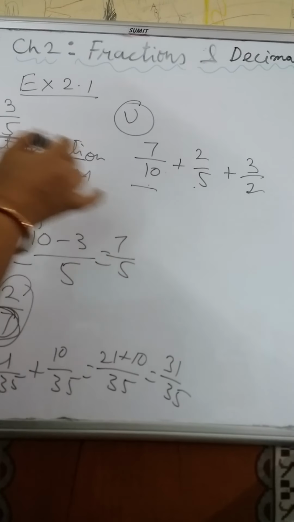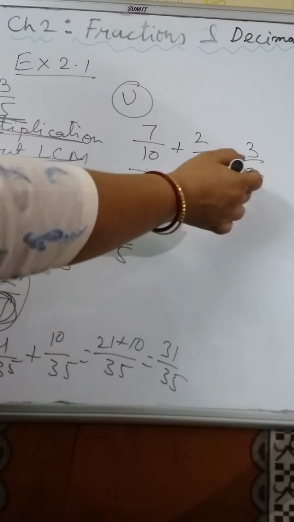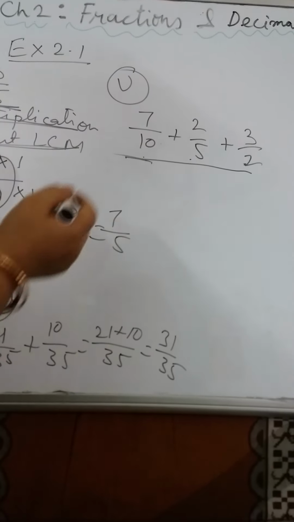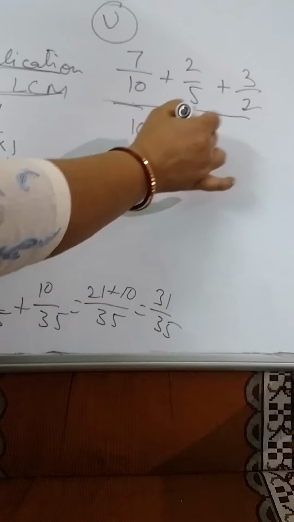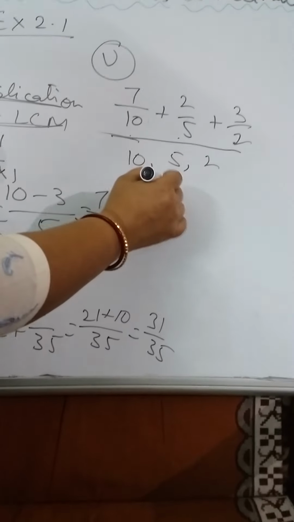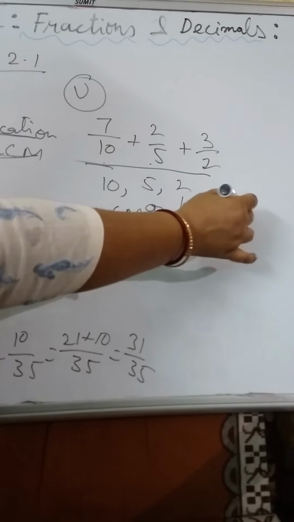So I cannot use this cross multiplication. I have to find out their LCM. LCM of their denominators. So denominators are 10, 5 and 2, and LCM of 10, 5 and 2